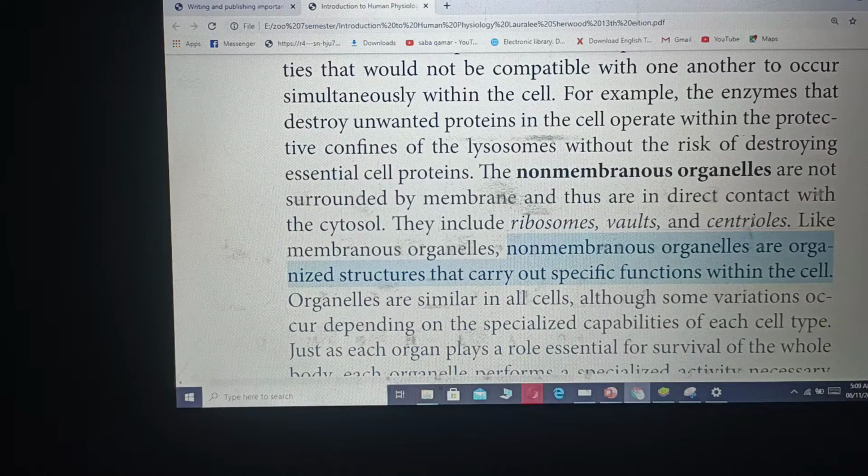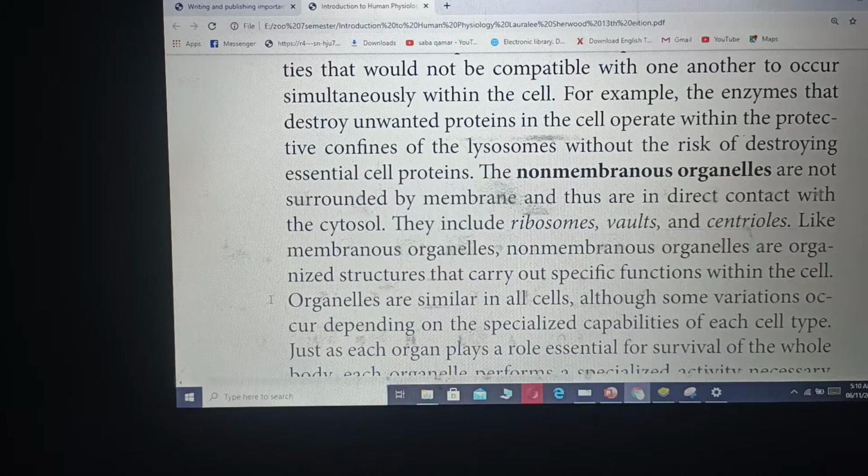I should discuss endoplasmic reticulum. Endoplasmic reticulum is of two kinds. One is smooth endoplasmic reticulum, the other one is rough endoplasmic reticulum. Smooth endoplasmic reticulum is involved in the detoxification of certain harmful drugs. Similarly, it is also involved in lipid synthesis, while on the other hand, rough endoplasmic reticulum is involved in protein synthesis, so they perform specific functions. Similarly, non-membranous organelles also perform specific functions inside the cell.